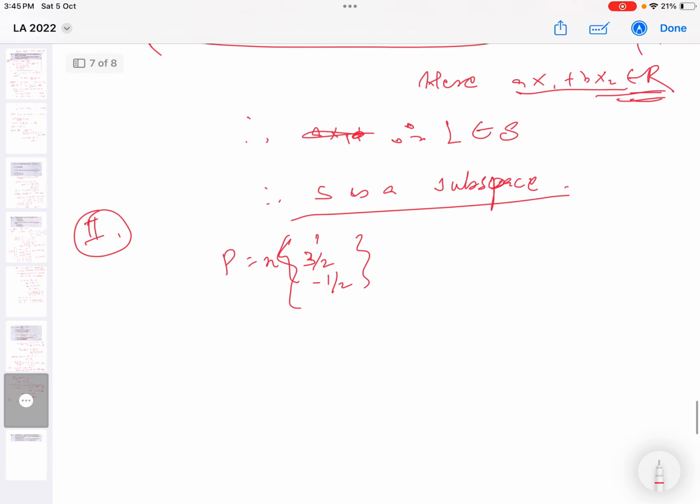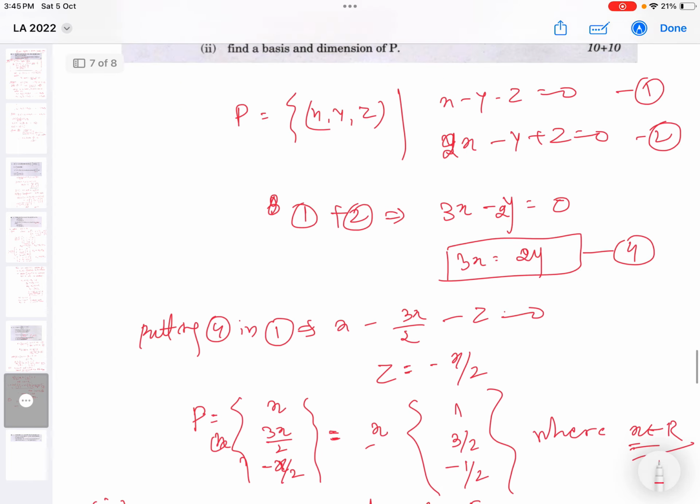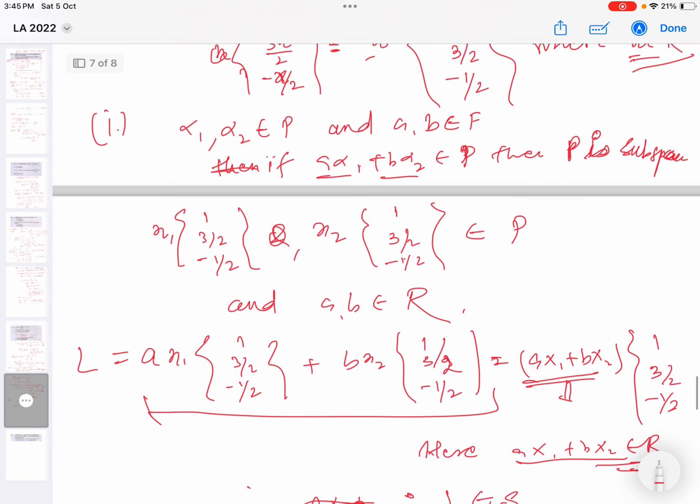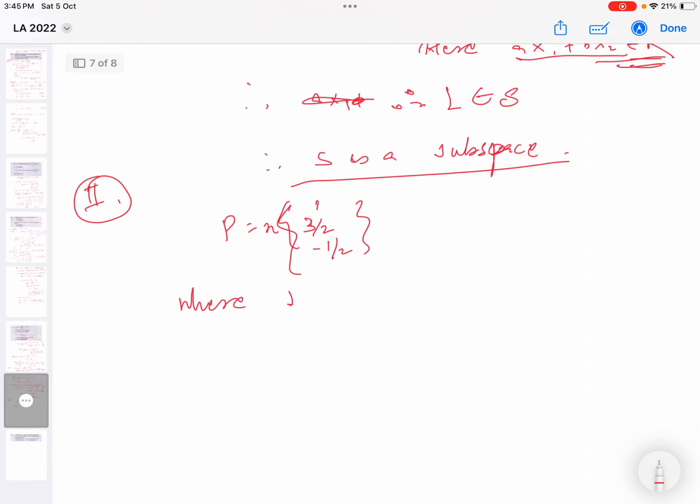Yes. Here this is a vector where (1, 3/2, minus half) is a linearly independent vector,